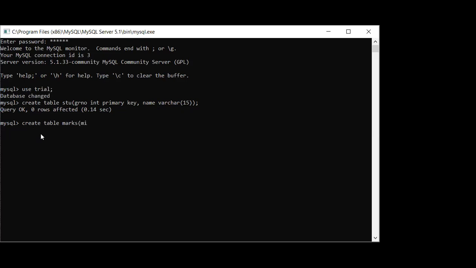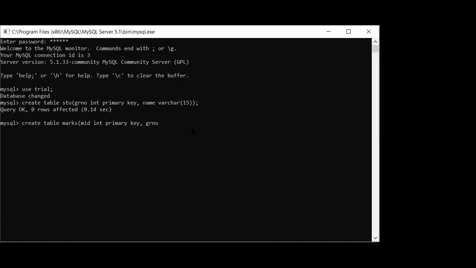And then first is your marks ID. As I have discussed with you, in this particular case we are going to make marks ID the primary key. Then the second one, now see, this GR number I want. What I want over here is GR number to be a foreign key. So first of all, I'm going to declare my GR number over here. For declaring my GR number, I will write something like this, GR number.